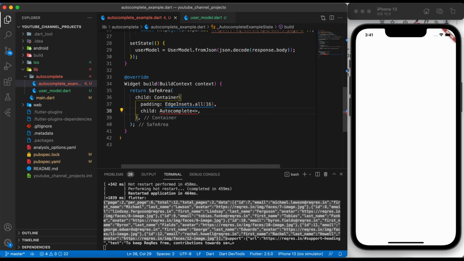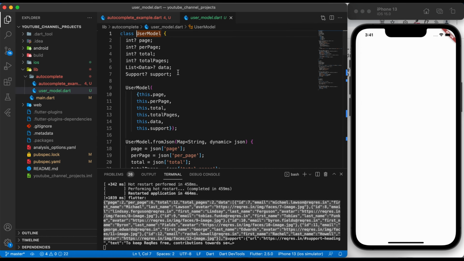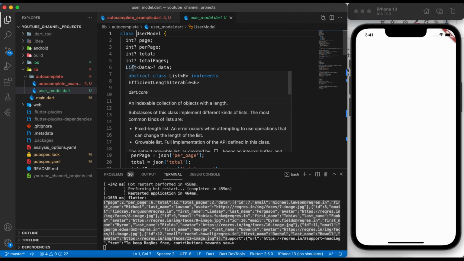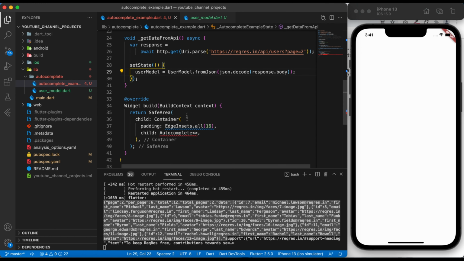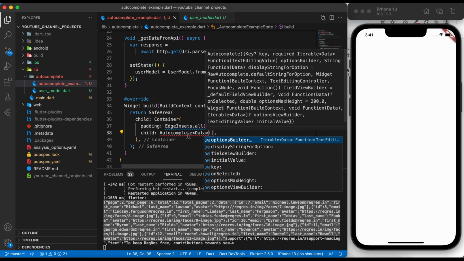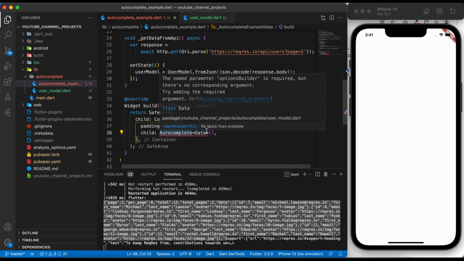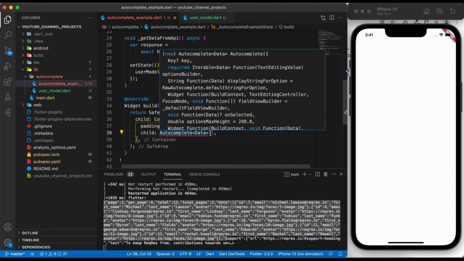Let's say we have a type of our JSON model, which in our case is the user model, but our iteration will be based on the list of the data class. So we will use the data class. You will come to know later why we have used the data class, not directly the user model class.